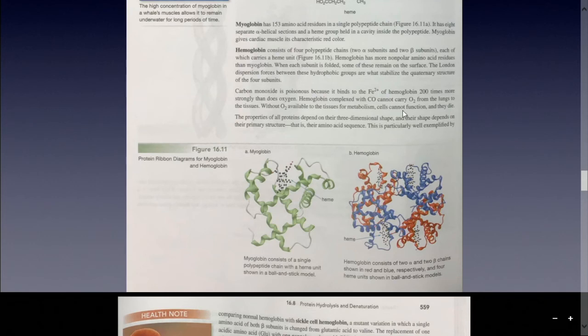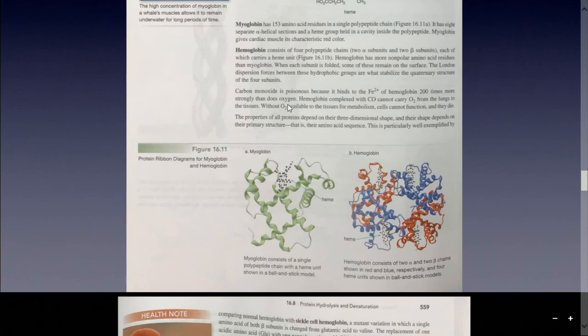Now check this out. This is interesting. Carbon monoxide, if you've ever heard of carbon monoxide poisoning, the way it works is that the carbon monoxide will bind to the Fe2+ ions, the iron 2+ ions that are in the heme groups. Carbon monoxide will bond there, and if it does, it's about 200 times stronger than the oxygen would bind there. And so the iron 2+ ion is going to hang on to the carbon monoxide 200 times stronger